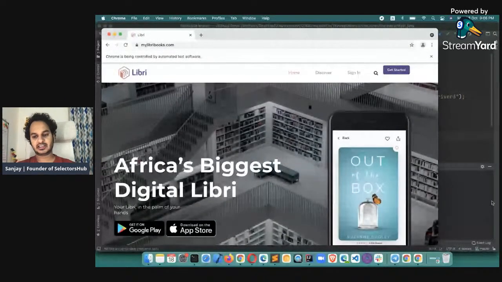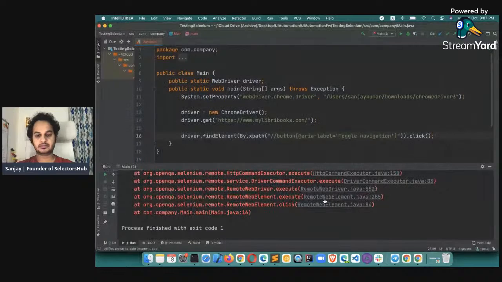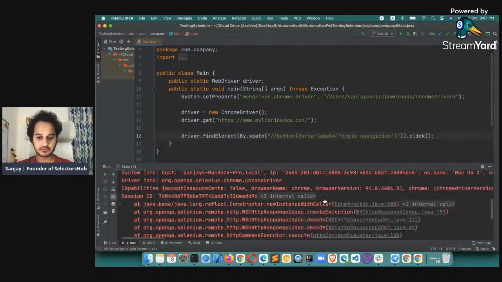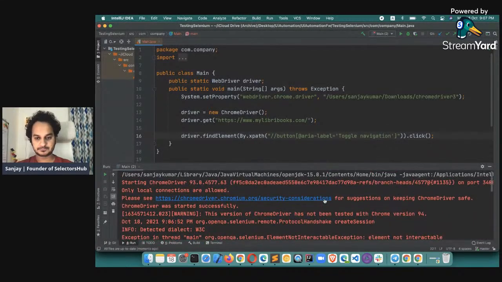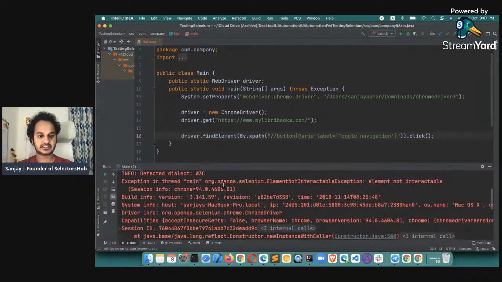So you see that this got executed, but the script failed here. And what could be the reason? Let's see. You see the exception here: in thread main, ElementNotInteractableException. Element not interactable means there is some issue when we are using this XPath, but it is difficult for a fresher,